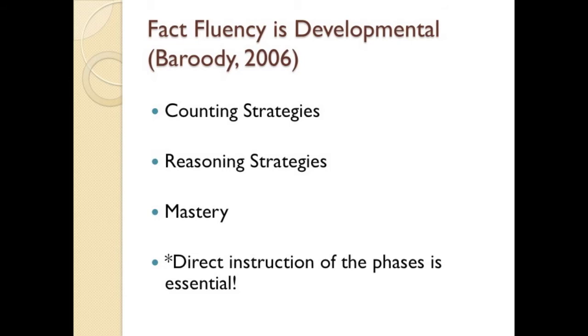So they might be able to say, well, I know that 5 plus 5 equals 10, and if I take one away from one 5 and give it to another, I have 6 and 4, so 6 plus 4 equals 10 as well. And once students have mastered reasoning strategies where they can easily take numbers apart and put them back together, they move on to mastery. And that's the automaticity stage of math, where they know math facts and they're at the tip of their fingertips